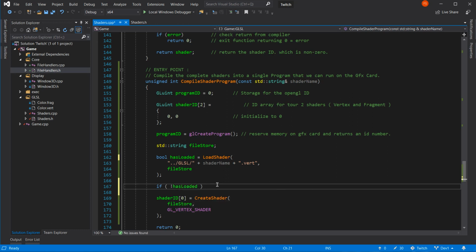So yes, I've just put a pling in front of has loaded, and it reverses it. So if it was true that it's loaded, it won't trigger because it'll be false.